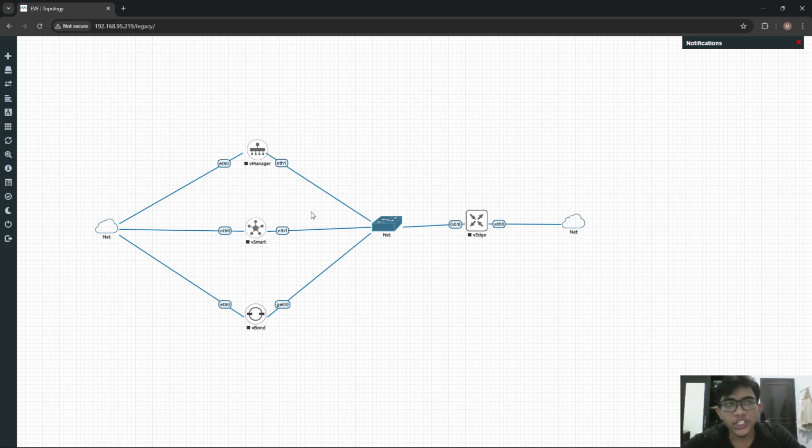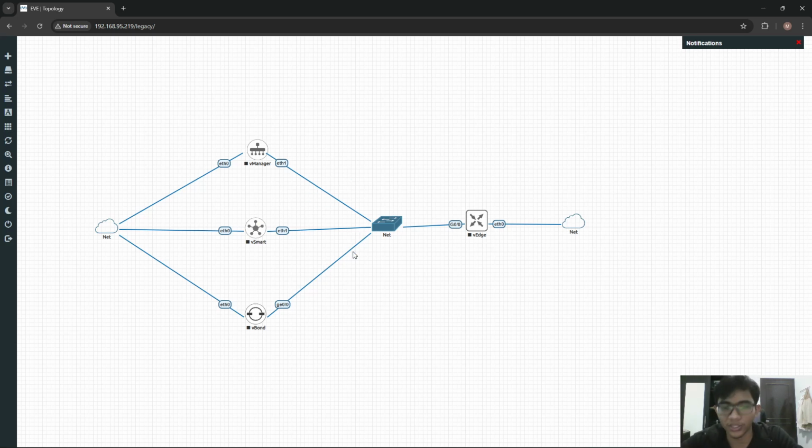Its main function is to distribute routing information and policies. So all of the routes that connected in this SD-WAN, this device will send the information, all of the routes, to the branch.